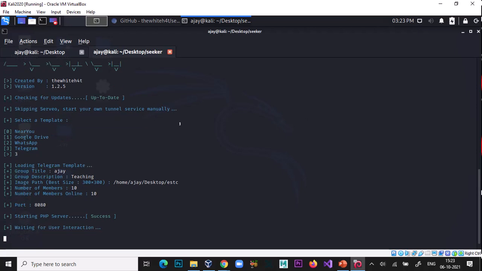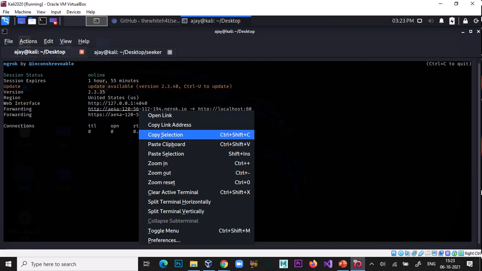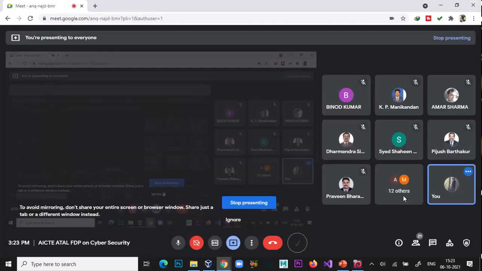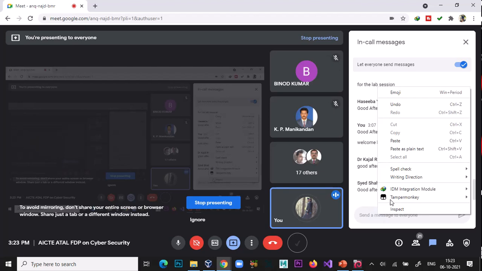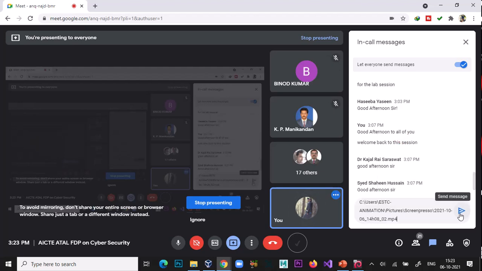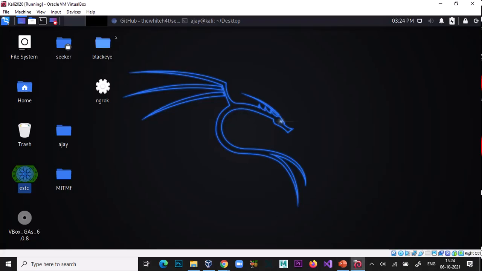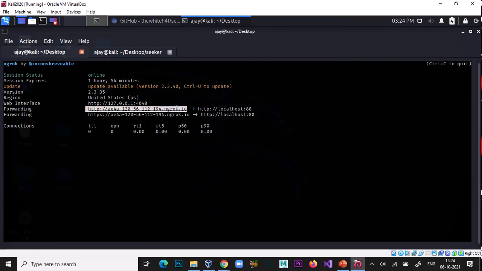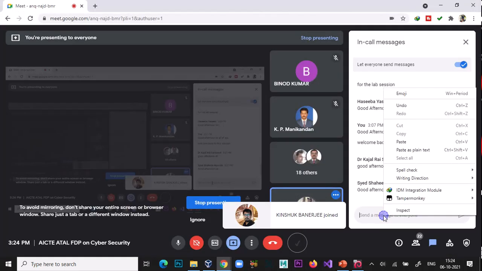Okay. So the Telegram group is created. So I just copy the link and paste it here. Copy, paste it here.